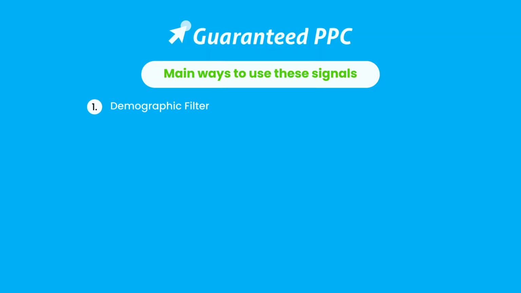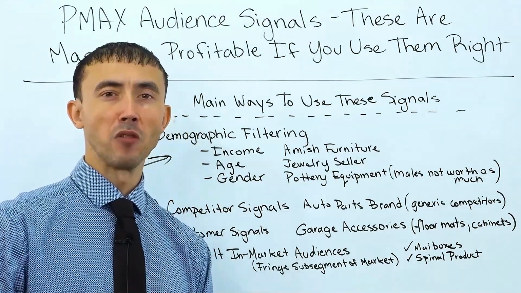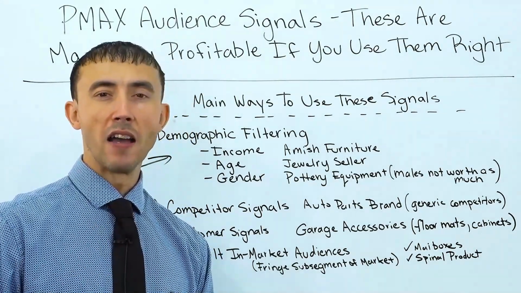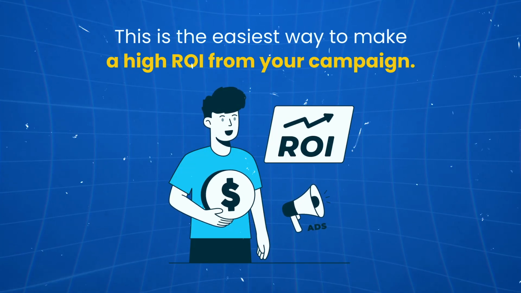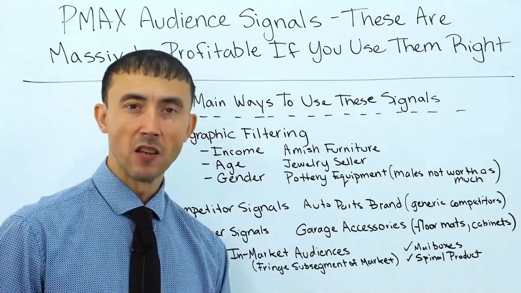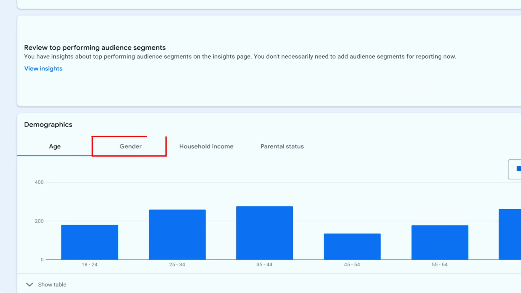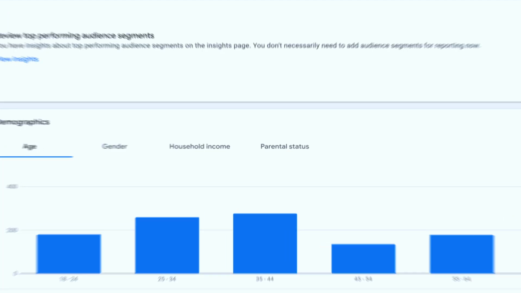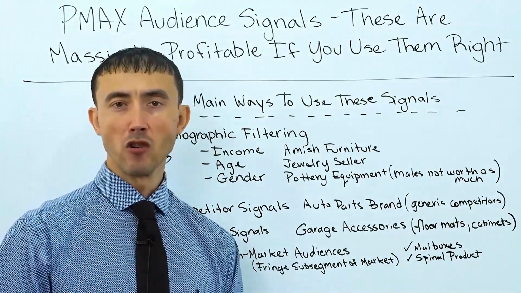First one is demographic filtering. Almost nobody talks about demographic filtering when it comes to Google Ads, and I don't know why. Frankly, this is the easiest way to make a higher ROI from your campaigns. Your customer base, you have a sweet spot. Everybody has a sweet spot. A certain age, a certain gender, a certain household income that generally pays more. And normally, obviously, the more money they have, the more likely they have money to spend on your product or